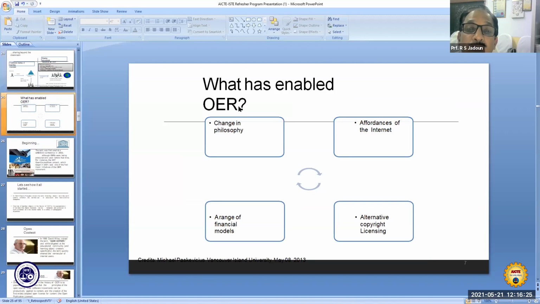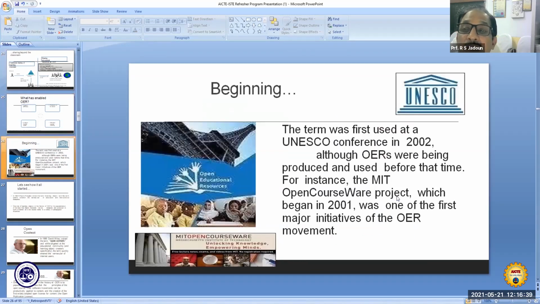So what has enabled OER? It has enabled change in philosophy, affordances of the internet, alternative copyright licensing, arranging of financial models. How it began? Let us move into the history of this movement.